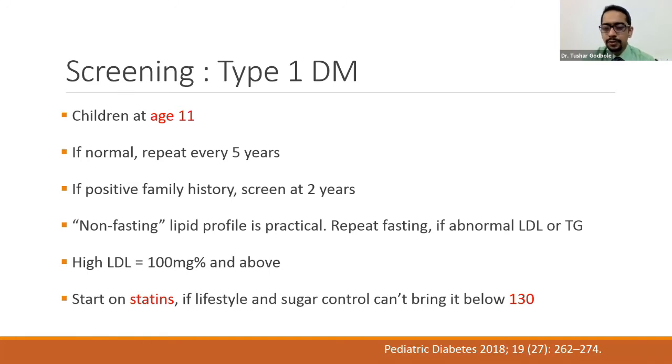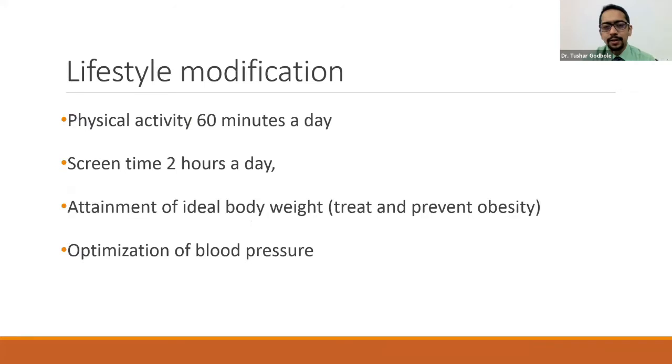So start on statins only if there is failed lifestyle management in type 1 diabetes, along with a good control of sugar. If you can't bring the LDL concentrations below 130, then for your teenage or adolescent type 1s, you would be starting on statins. Lifestyle modifications, if you have elevated LDL levels or triglyceride levels, remain the same